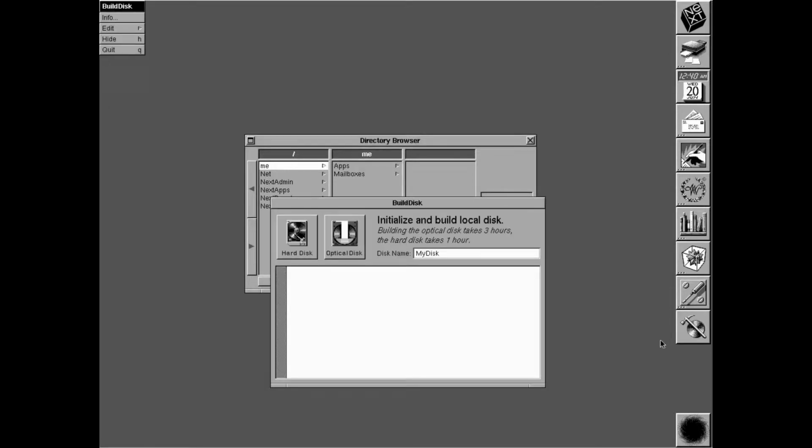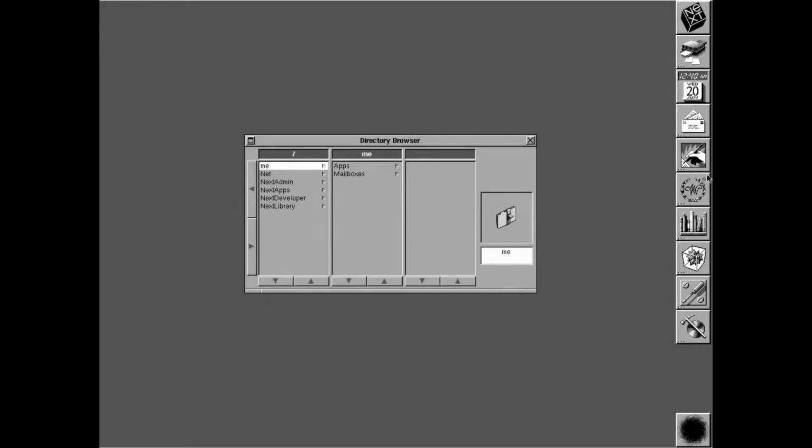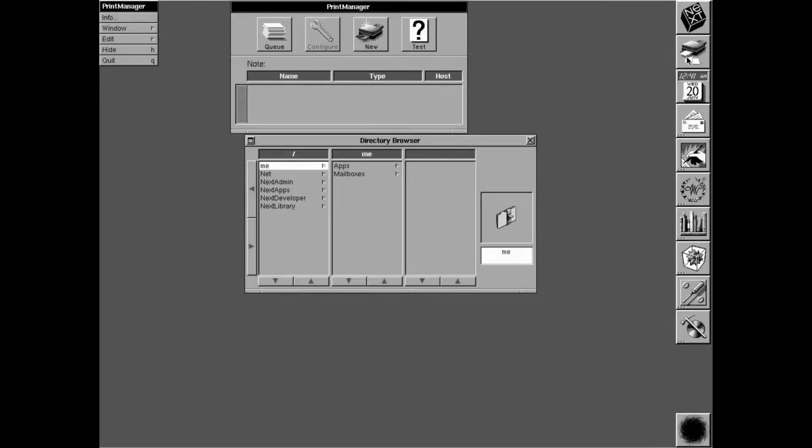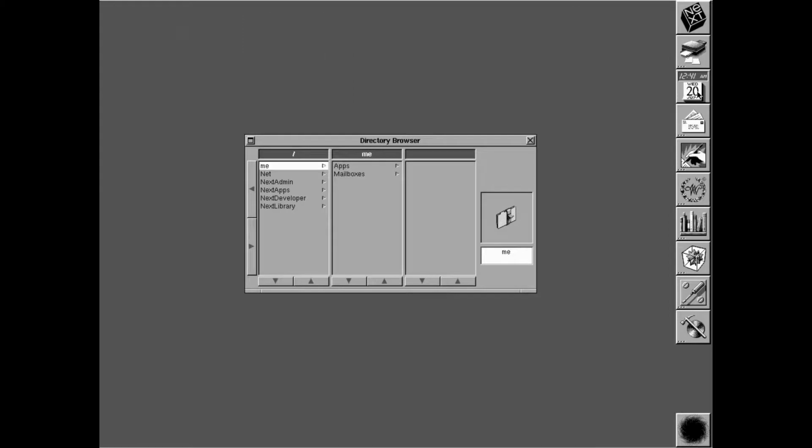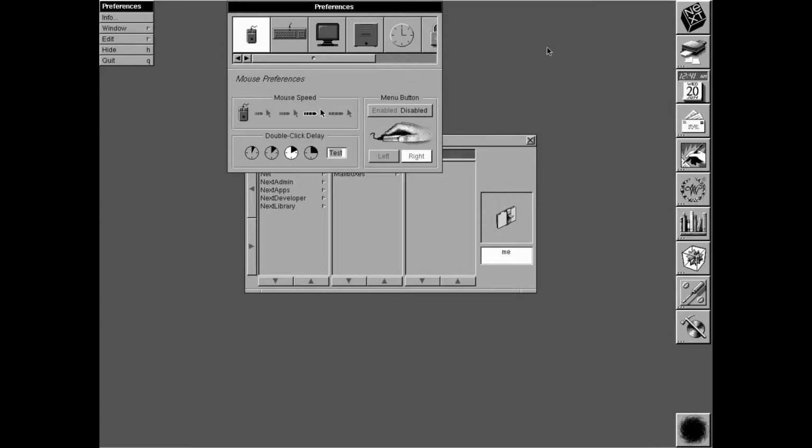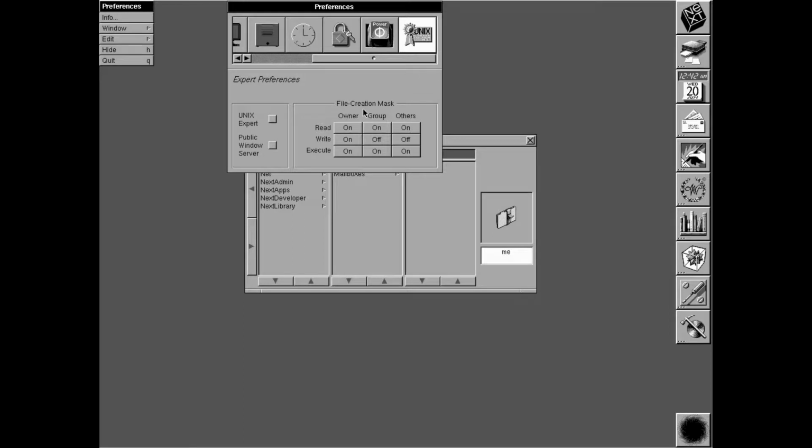We got this, which is we can build a local disk if we wanted to. That was something I forgot to demonstrate. Largely everything else is the same. So we got the print manager, and then you'll notice on here now the time and the date is ticking, even though for some strange reason the clock isn't quite working all the way. They finished the icons, and they added this on here, expert preferences, which gives you the ability to control the read, write, and execute options for both the owners, the groups, and other people. So basic